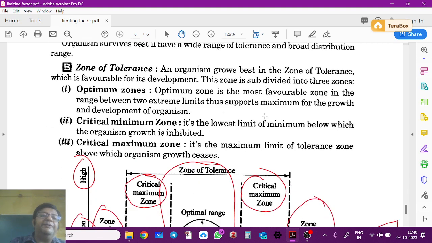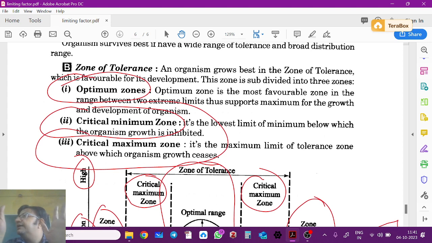So you have the optimal zone, look. The first is the optimal zone, the most favorable zone in the center. Then you have the critical minimum zone. Then you have the critical maximum zone. Clear? Do you understand? Critical minimum zone toward the low side, critical maximum zone toward the high side, and optimal zone in the middle, and beyond them